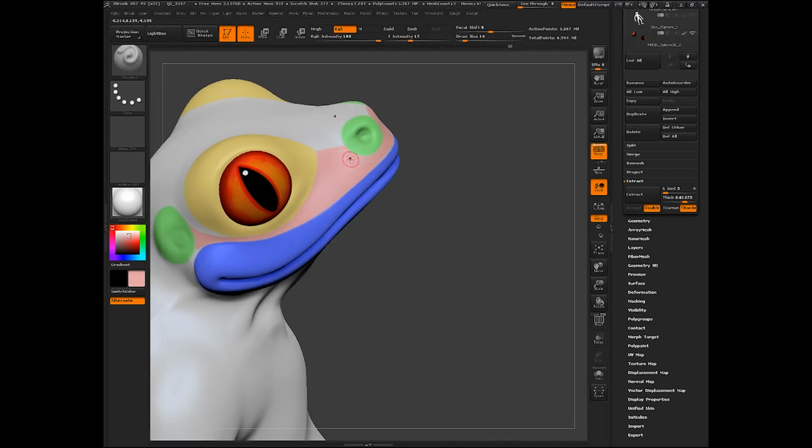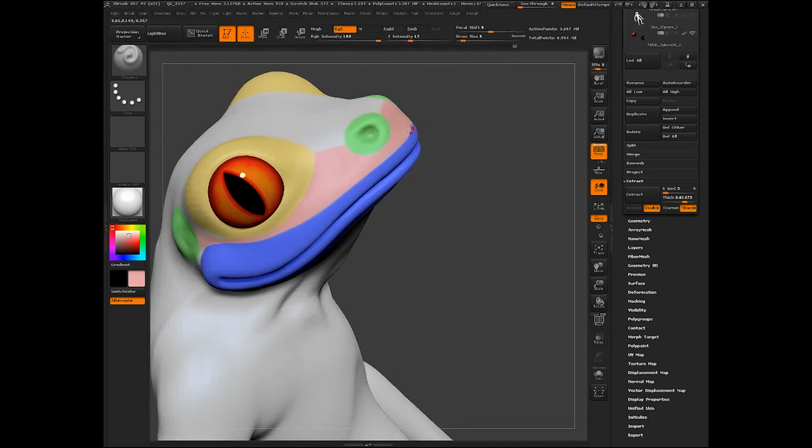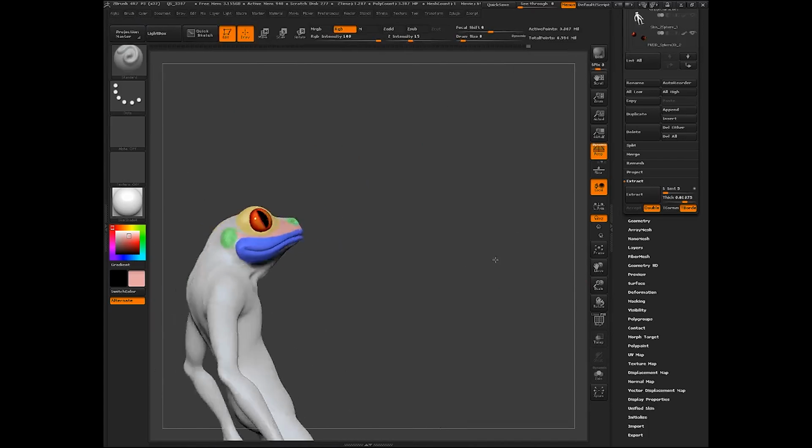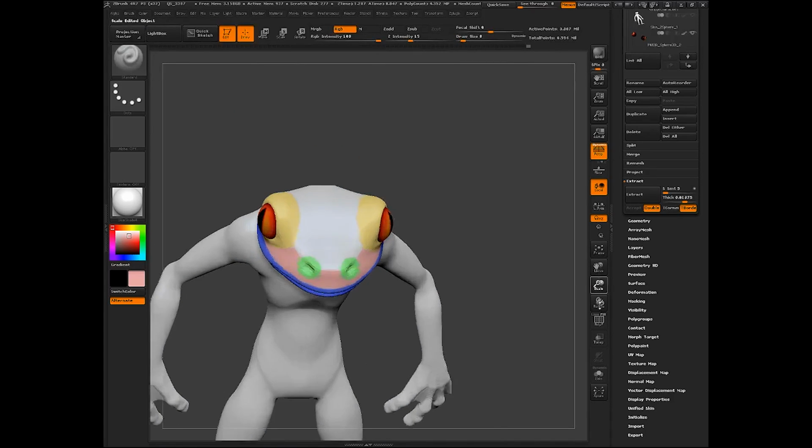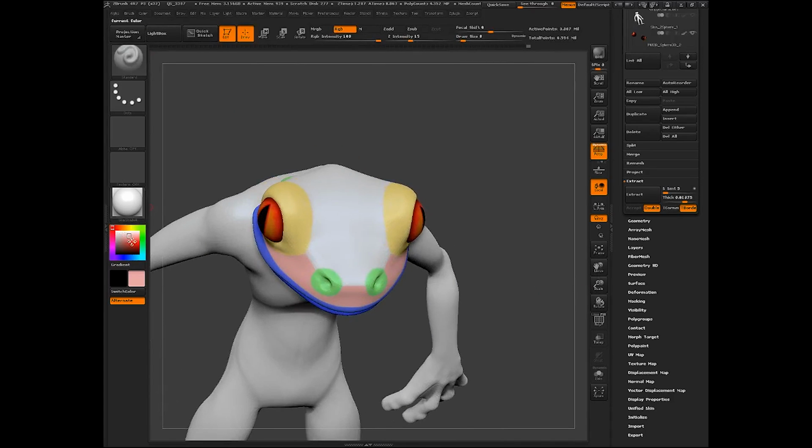Just fill in all that space there. Alright, this is looking pretty good. And I'm going to go ahead and fill in between the eyes with a purple.